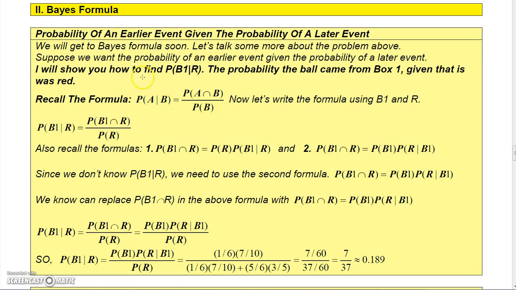Okay, so we'll get to it in a minute, but I'm going to show you how to find the probability of box 1 given red. All right, so remember, we have this formula: the probability A given B is the probability A intersect B over the probability B. Now let's write the formula using B1 and R instead of A and B. So the probability of box 1 given R would be the probability of box 1 intersect R over the probability